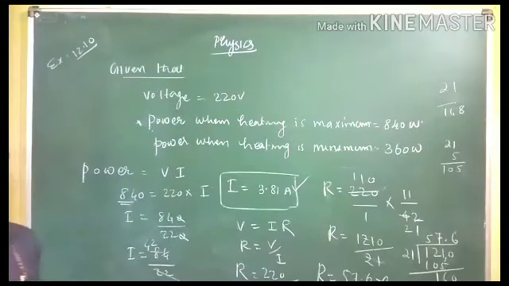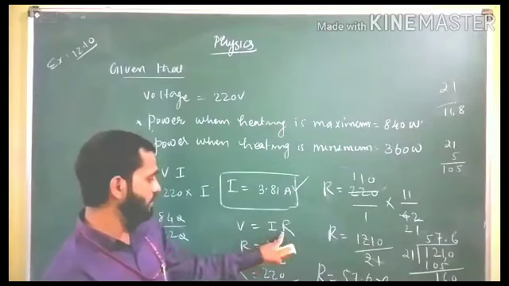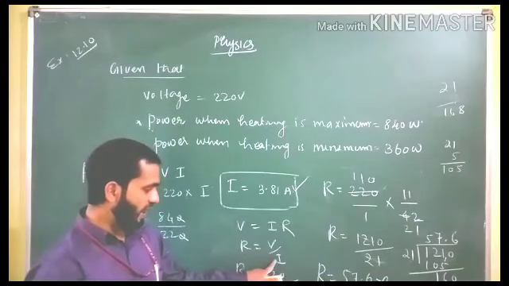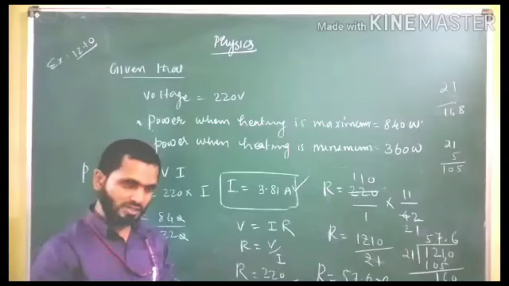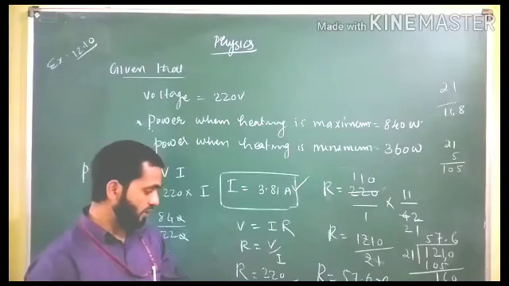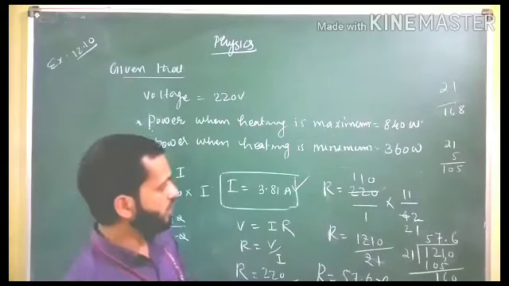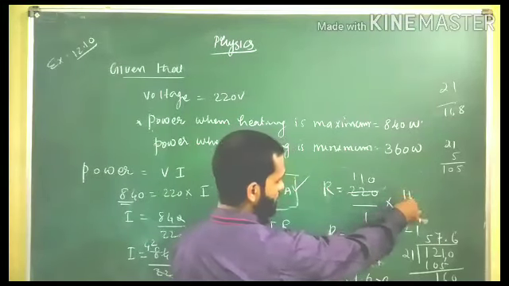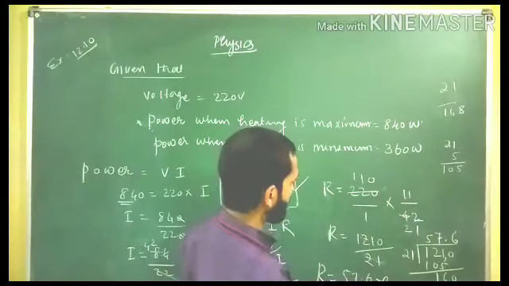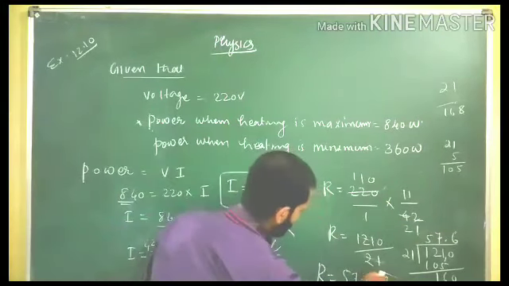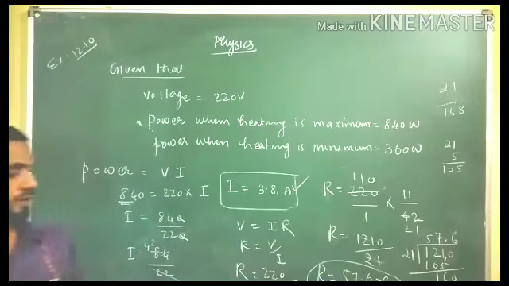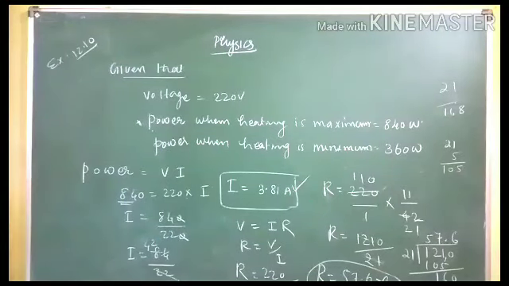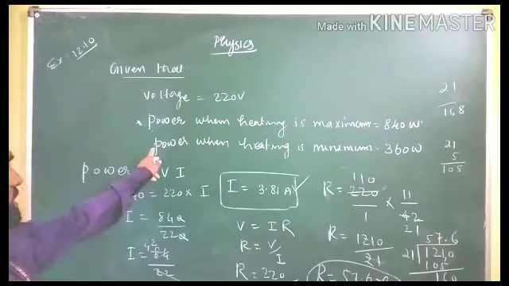Now the second one is they asked to calculate the resistance. So V is equal to IR, R is equal to V by I. Then R will be equal to V is 220, I we kept in fractional form for getting the correct answer, so 42 divided by 11. Now 220 divided by 1, with inverse multiplication, 11 will come into the numerator, 11 divided by 42. We cancel that and finally get this answer, that is 57.6. Okay students, you write these complete notes and this complete solution. After that we will do the second part.